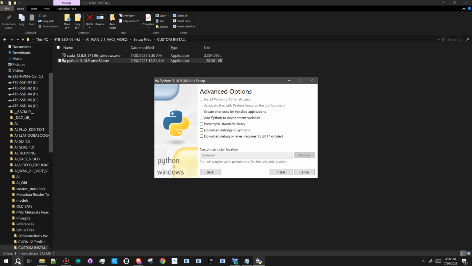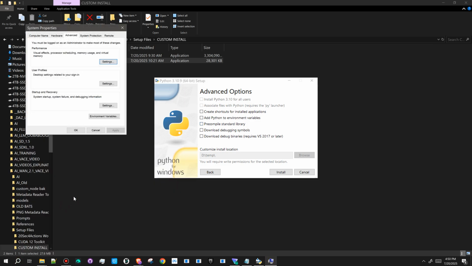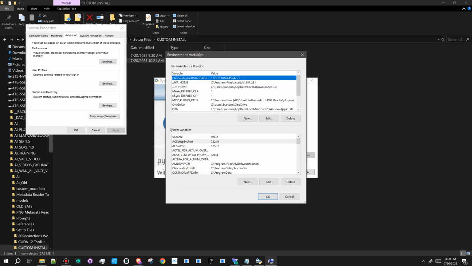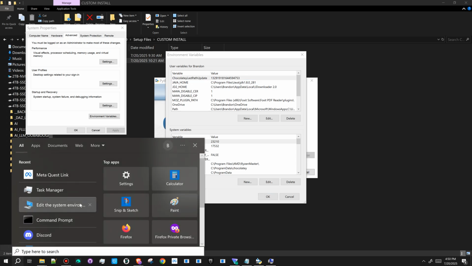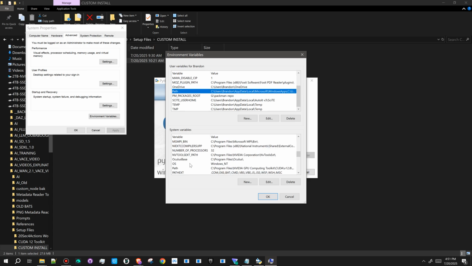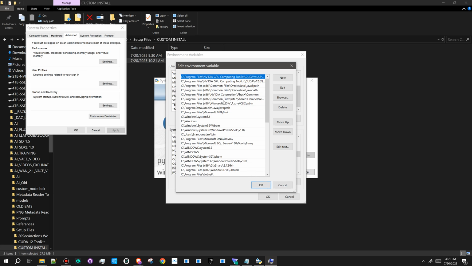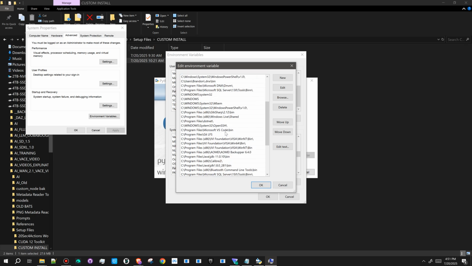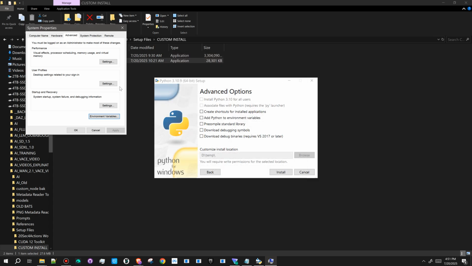What this does is that option that we looked at earlier with the environmental variables here. You could just search for environmental variables on Windows 10. It should come up. It's this path option, but it's really this one right here, I think. What you'll see is that it will put a path in here for the Python that you're going to install. Putting that path in here allows you to access Python from any folder or any location